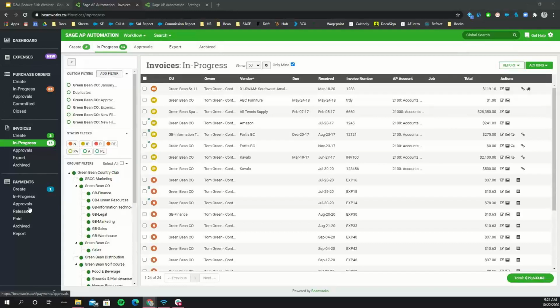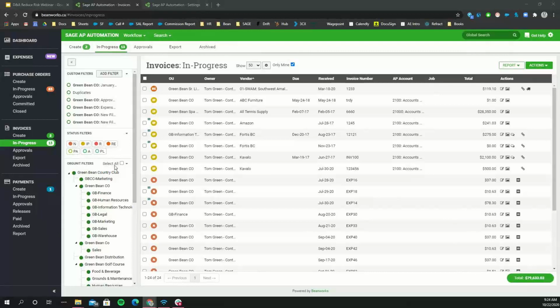We've broken the user experience of the application into the workflow here at the top. So invoices typically flow from left to right, starting at either the Create or In Progress tab, and they'll graduate to each next step until they finally reach the archive level. In the center of the screen is your workspace or your work queue, and your organizational structure is over here